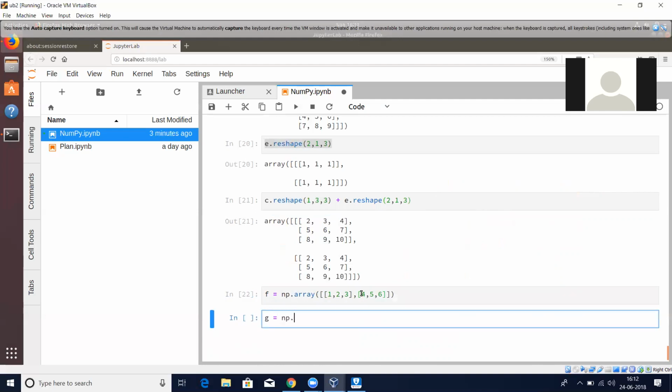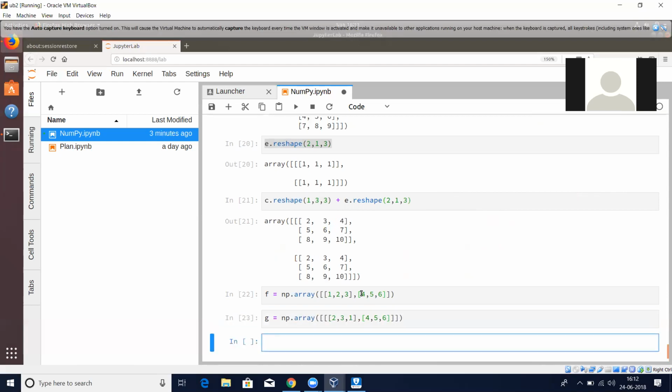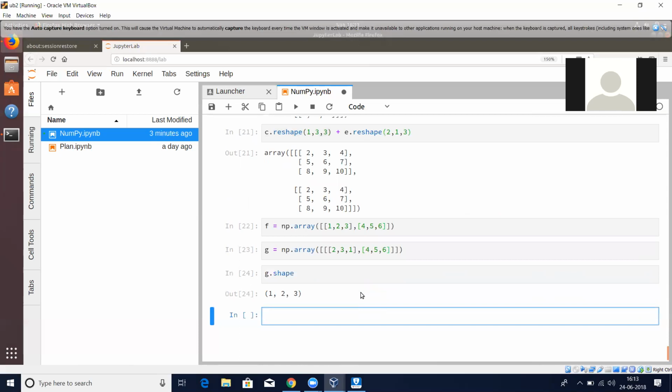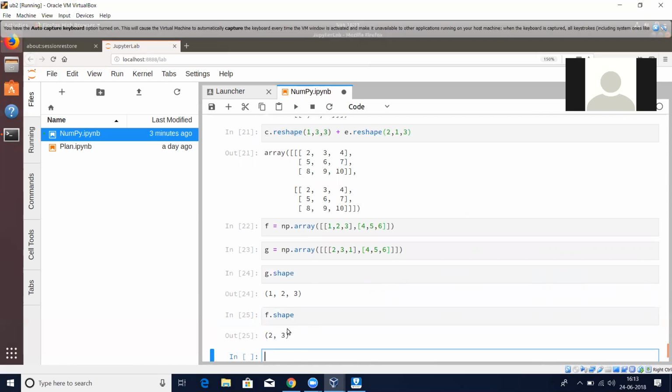G is equal to np.array. So G shape is 1, 2, 3. F shape is 2, 3. How can you do operation between them? The dimension is itself different, right? Okay, so what you can do,